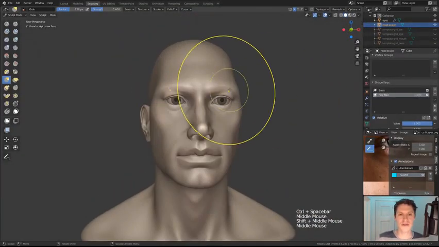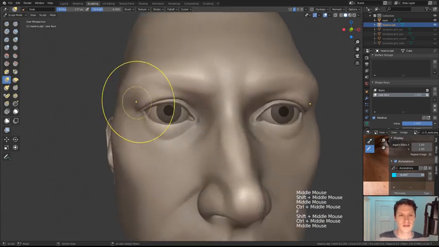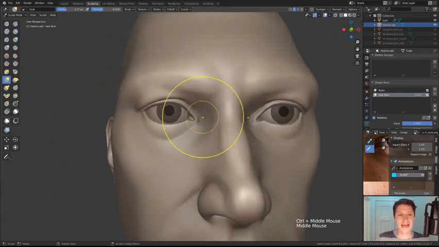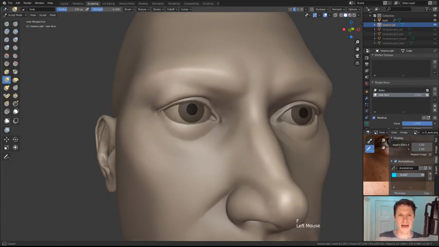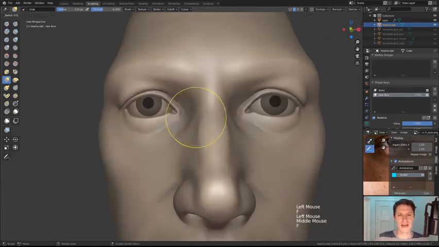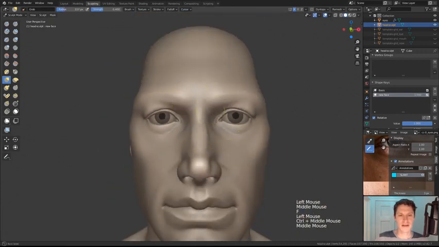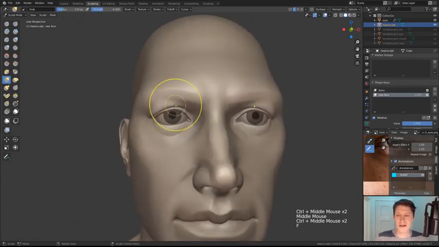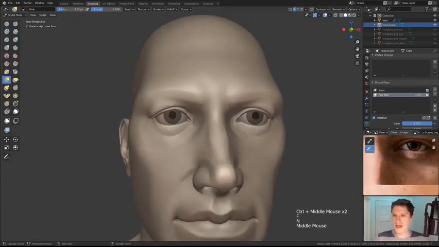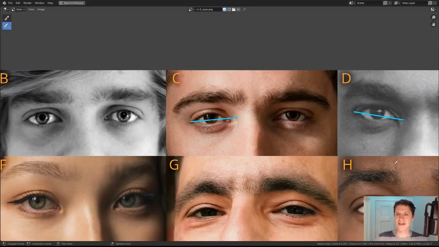If we look at our actual sculpture, this looks like it's slanted significantly down. And so, with a broad brush size, I'm going to drag the outside down and the inside up a little bit. Okay, subtle changes, and you can see that already changes the demeanor, but there's more to adjust, because the next thing that I look at,